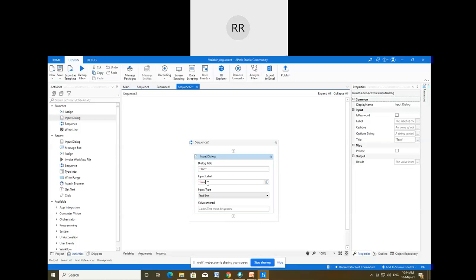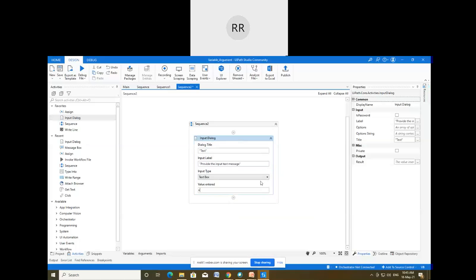Provide the input text message. That will be stored in a variable, so I'm going to create a simple variable named x, just to quickly explain this concept.